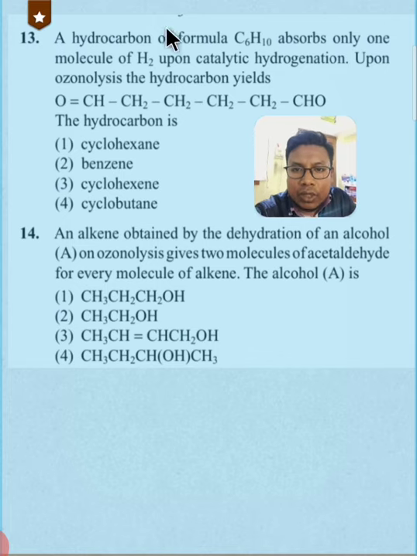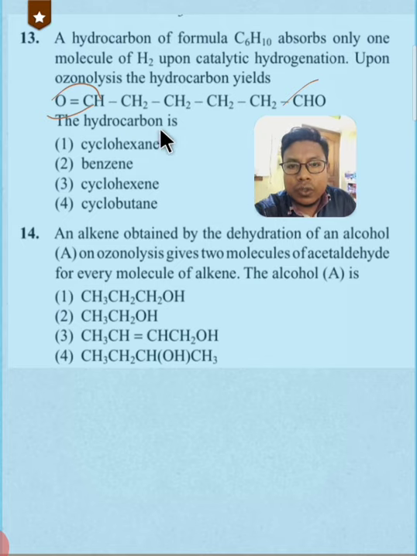Okay, a hydrocarbon of formula C6H10 absorbs only one molecule of hydrogen upon catalytic hydrogenation. This means what? There is one double bond only. Upon ozonolysis, the hydrocarbon yields this product. This is an aldehyde, this is also an aldehyde, and how many carbon atoms are here? 1 2 3 4 5 6. So we need to identify the hydrocarbon which yields this